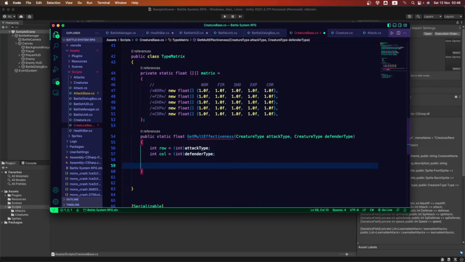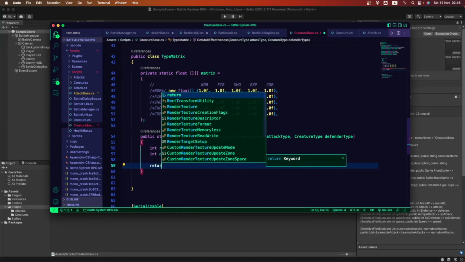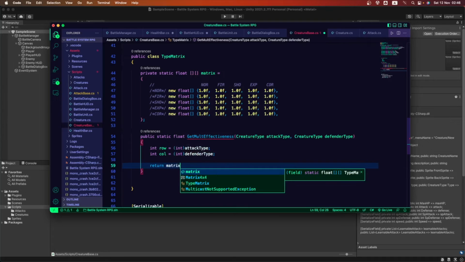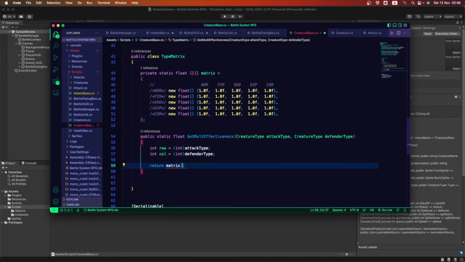Okay, so this is where we're gonna be setting the defender type. So we want to return from this GetMultEffectiveness method the result of these two values. Okay, what we want to get first is the row, and second the column.